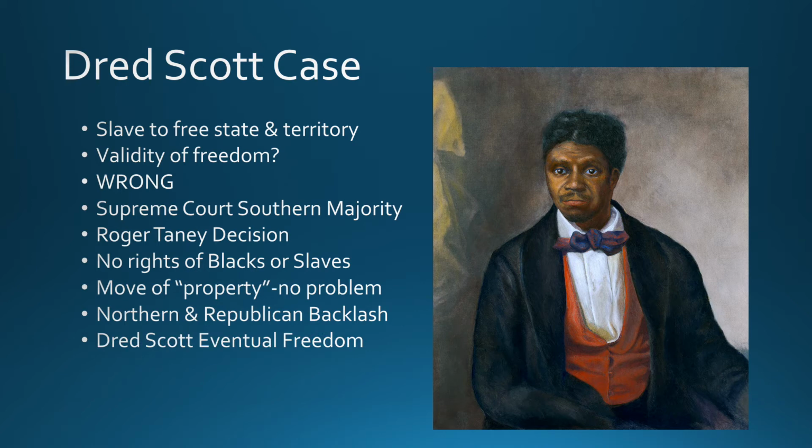Kind of an interesting story, just a side note: there'll be so much pressure on Dred Scott's master and whatever else that Dred Scott will actually be freed shortly after the trial. But again, that's not the point. The point is that the Supreme Court has said clearly here that this is no problem, and basically slaves were stuck. And by this logic, by Taney, this could basically mean that a slave could be moved into any free state and free territory, and that was totally allowed, which obviously was not supposed to be the way things were.